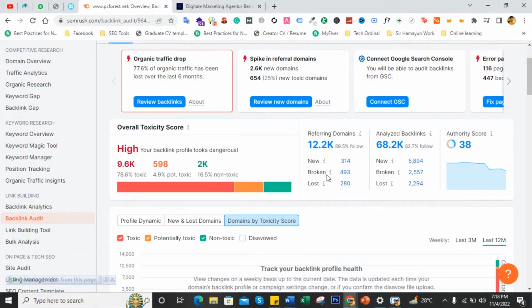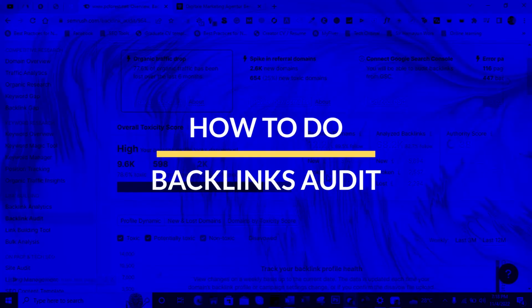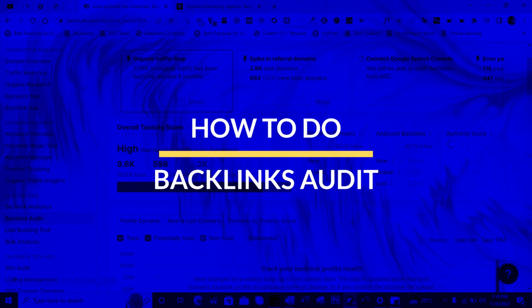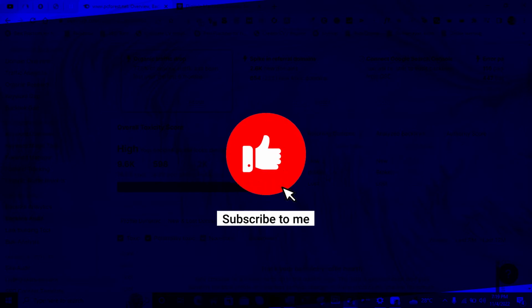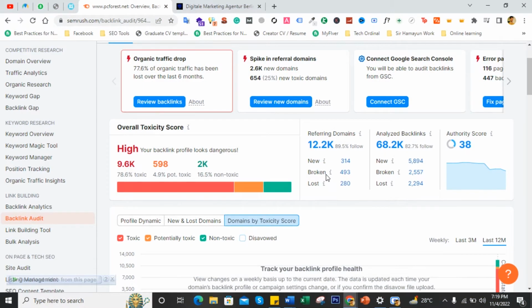A backlink audit is identifying new opportunities for backlinks and removing bad and spammy backlinks, because usually getting these kinds of backlinks to your website can be hurtful to your ranking. So it's always ideal to keep track of all the bad backlinks. Either you can ask the webmaster of that website to remove it after identifying it, or you can create